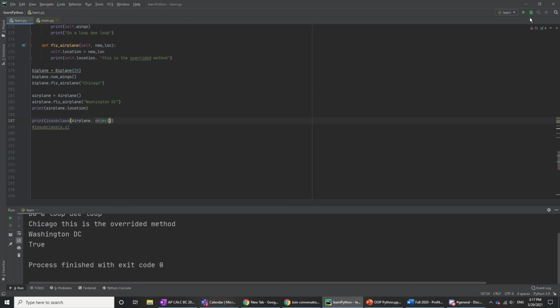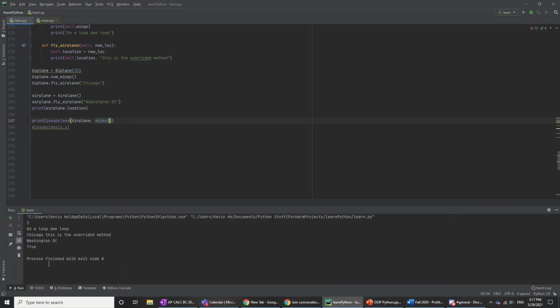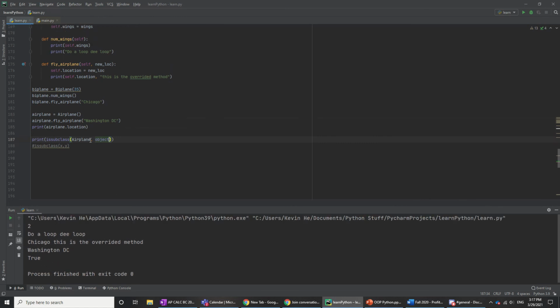This should work. Yeah, there you go. True, because everything is a subclass of that. Literally you could put anything here. You could put string, list, or an integer, and they would all be a subclass of the object class. Obviously, if you were to reverse this,